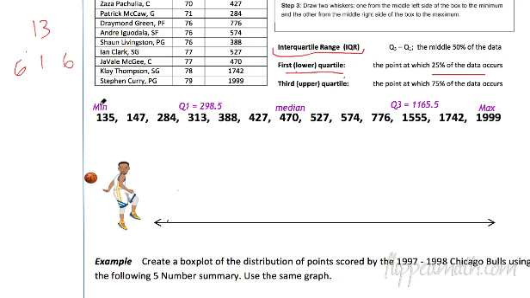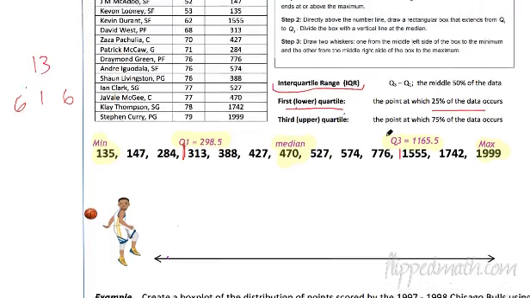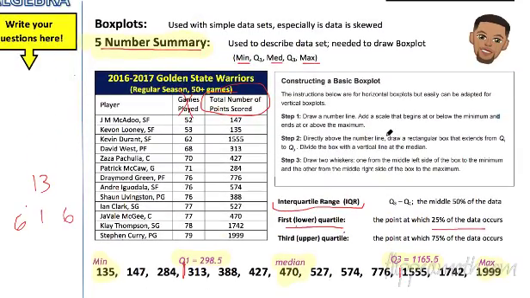We have the minimum. That's one of the numbers we need. The first quartile. We have the median. The third quartile. And then the maximum. And remember, those quartiles we had to figure out because they came between 2 numbers there. So those quartiles came right there. All right, so now let's go up and see how we actually construct a box plot now that we have